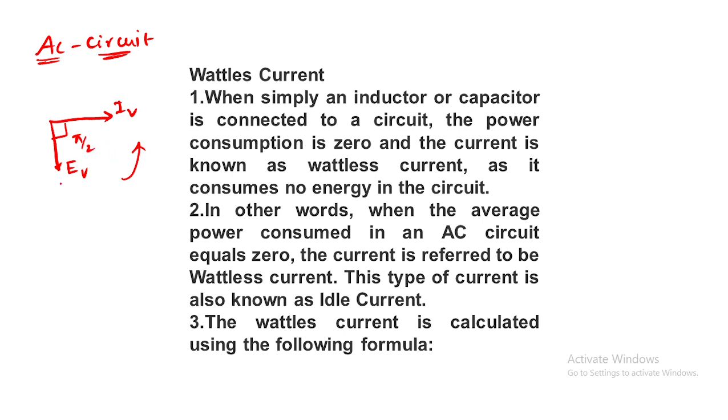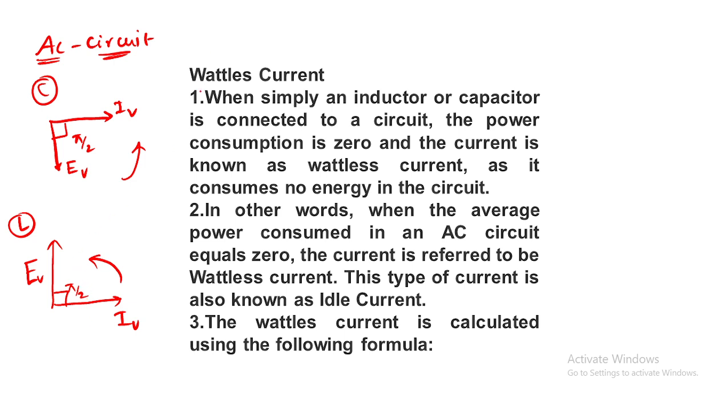Am I correct? The same way, if I show you an AC circuit containing only an inductor, what happens here? Voltage will be leading and current will be lagging. Yes or no? With how much angle will it be lagging? Pi by 2, if it is anti-clockwise rotation of these vectors. We call it a rotating vector or phasor diagram, right?